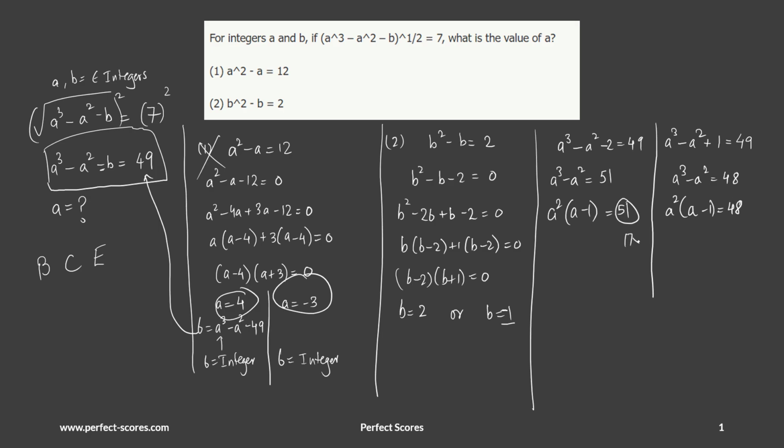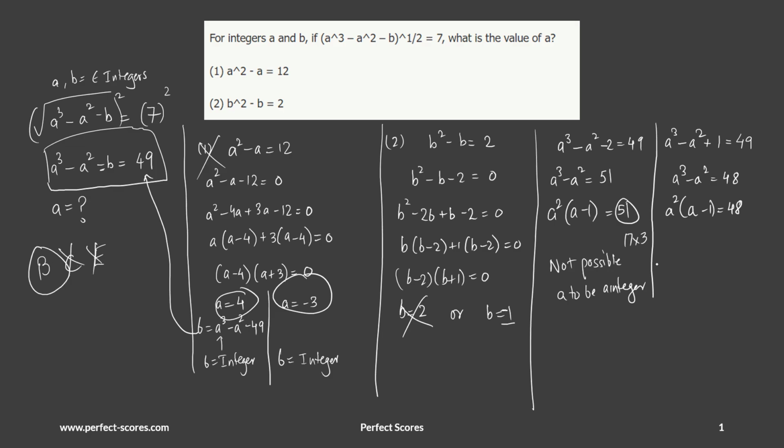Now 51 is a product of two prime numbers, so there is no way I can split this in many different ways and try to figure out what the value of A is as an integer. So it's not possible for A to be an integer here. So definitely this is not the value for B, because A is not coming out to be an integer. So the value of B equal to 2 is just not possible. If I'm in the exam, I'll say, okay, I just have one value left. So that is sufficient. I will go with answer option B and move on.